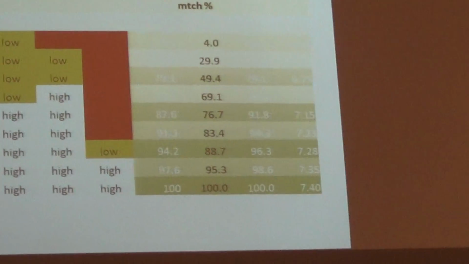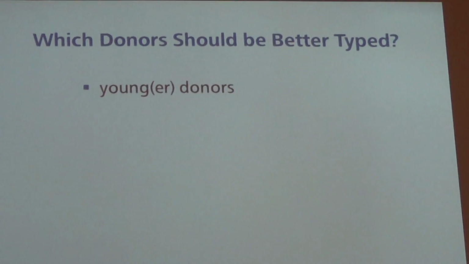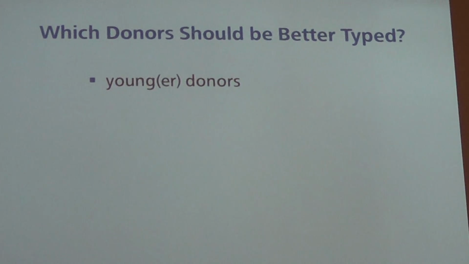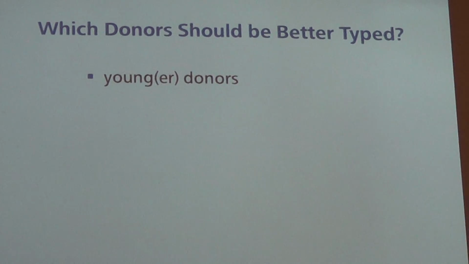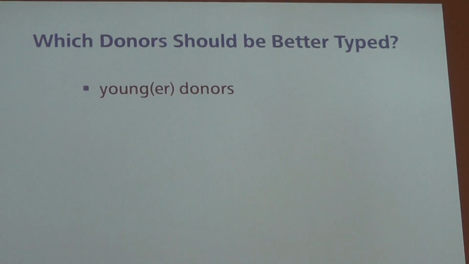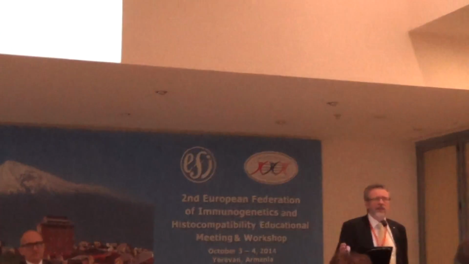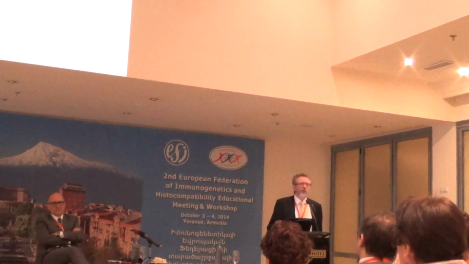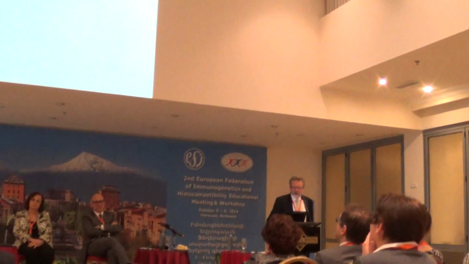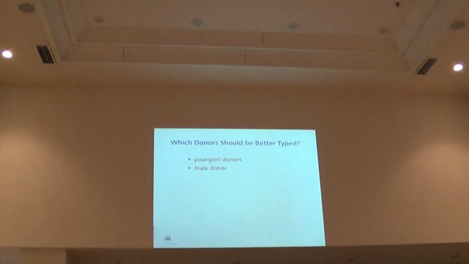Okay, better hurry up. Just a few words. Which donors should be better typed? Of course, younger donors, they stay longer in the registry and they are selected more often. And evidence has increased that an age difference of about 25 years is about as detrimental for overall survival as a single mismatch. Male donors are selected more